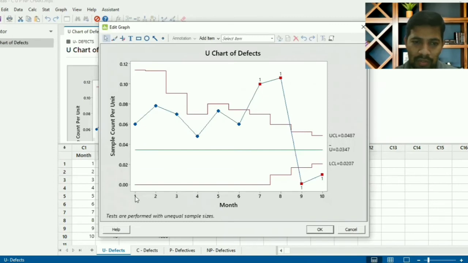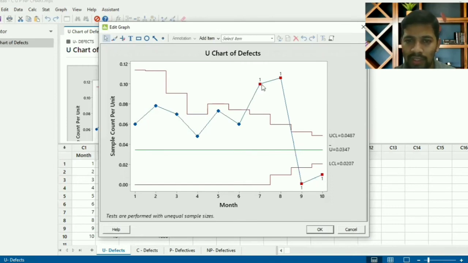Here this is the first month, this is the proportion data. Sample 1, the count per unit is 0.06, and it goes like 0.07, and on and on. Where do the outliers come from?